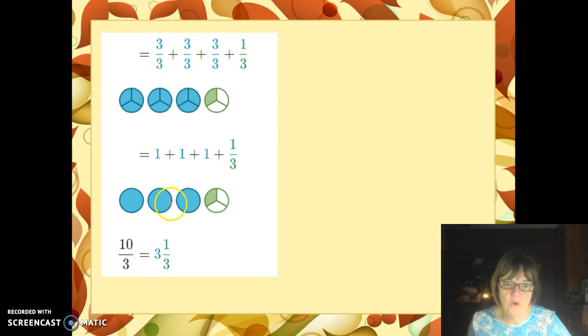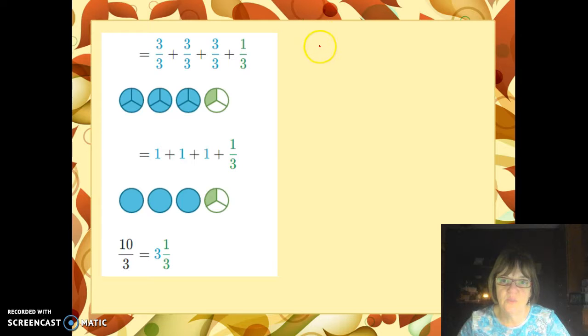Okay, this shows us all the ones. Just all we did was take out our little dividers. Okay, these are all 1. Add them up, gives us 3. And we've got our remainder 1/3. It's that simple. Now, let me show you, very easy, how to do this without having to do all this